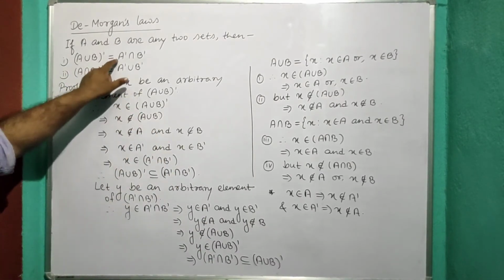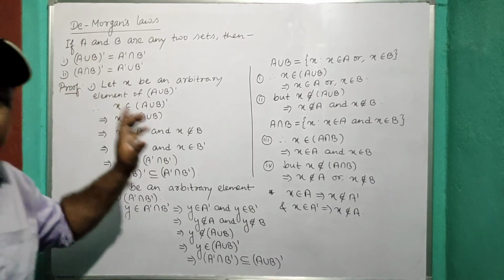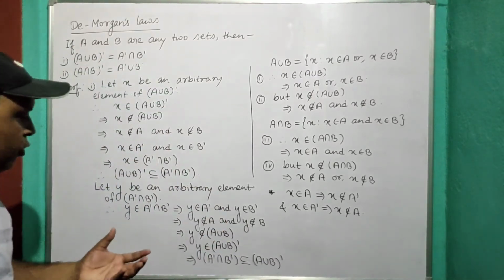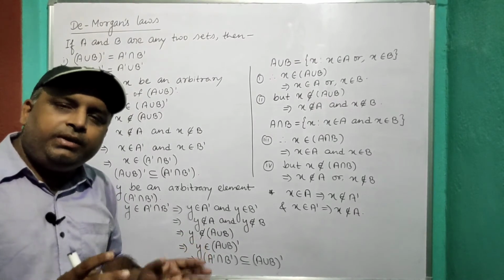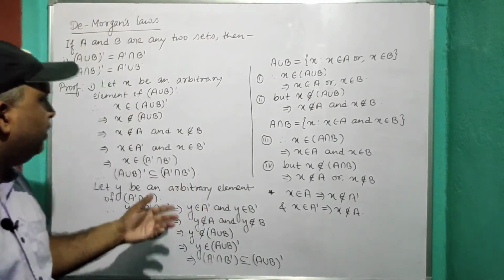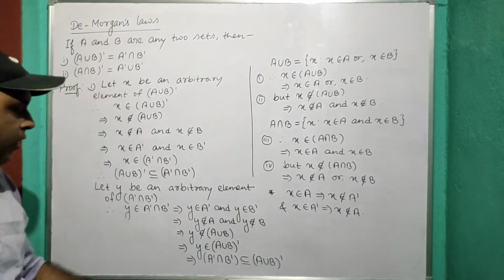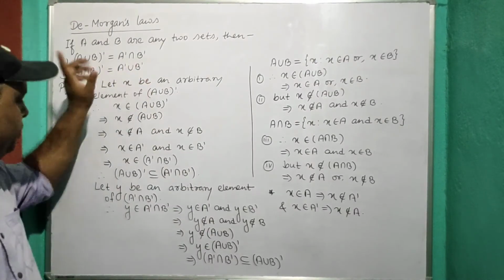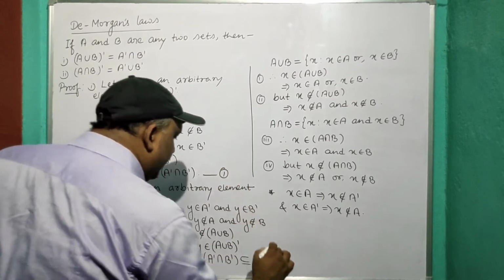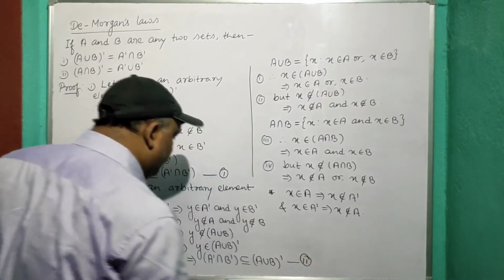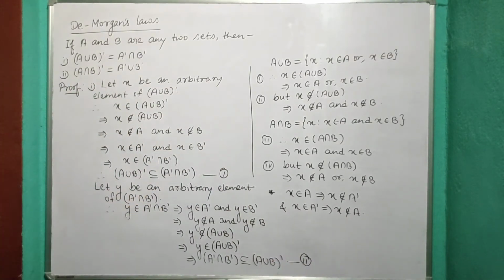हम लोग बोल सकते हैं कि ये इसका सबसेट है. सबसेट इसलिए है क्योंकि y जो है वो कोई रैंडम एलिमेंट है. So you can say that this y represents any element of this set. It is valid for all the elements. So this is subset of this one. So now let it be number 1 and let it be number 2. So from 1 and 2 what can you write?